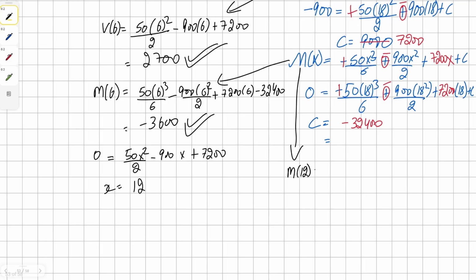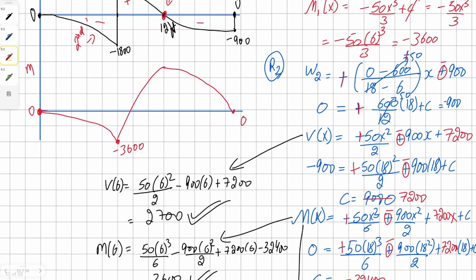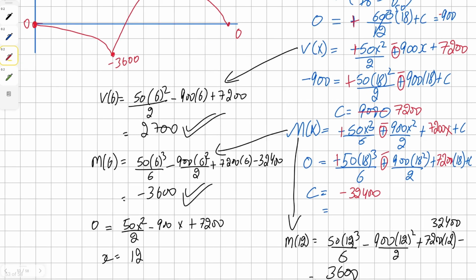So that's going to be 50 times 12 cubed divided by 6, take away 900 times 12 squared divided by 2 plus 7200 times 12 plus negative 32,400, which is our constant. Solving for the moment, we get our solution as positive 3600. So this means our max point for moment is 3600, and then we come down to 0. And with that, we have solved our